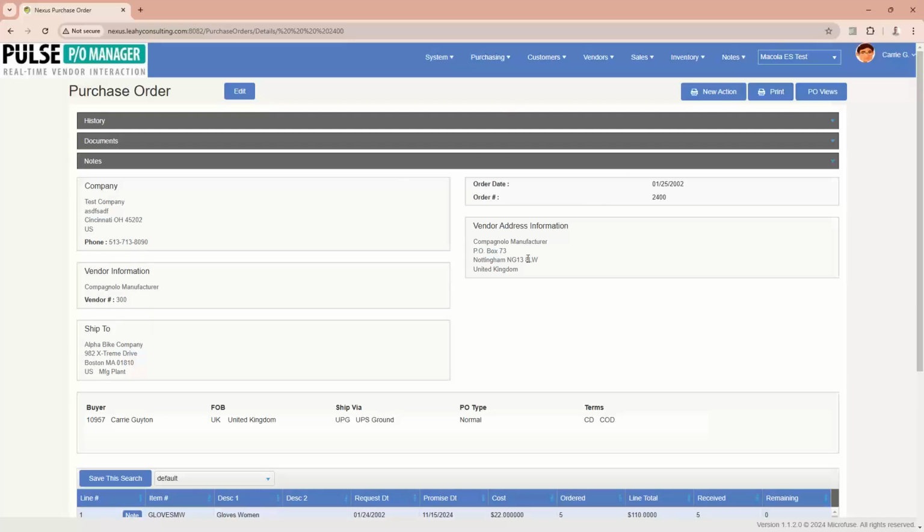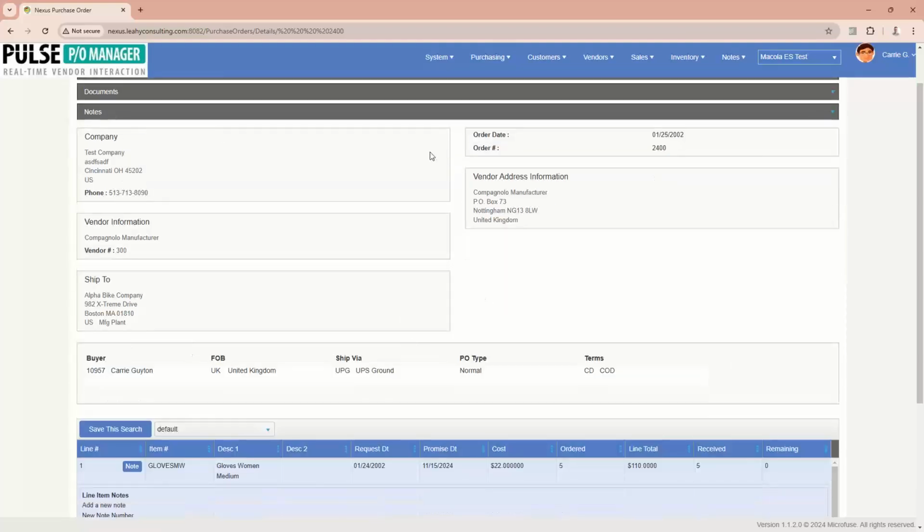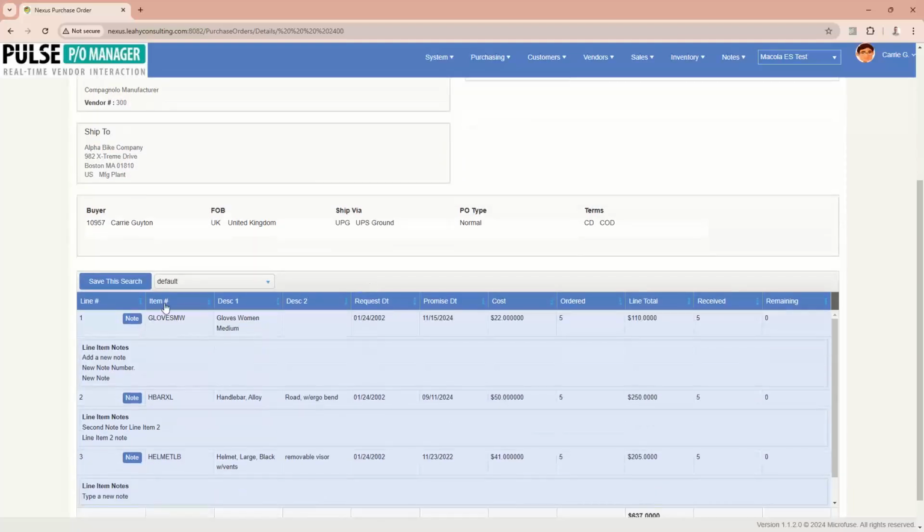It would take them right to this. I would then know they've at least viewed the purchase order. On the screen is the exact header that I have outside of Macola. Again, if there was a change for some reason in Macola on any of this data, I'd see it right away. And then down below, I have all the line items for that purchase order, except we've added one feature